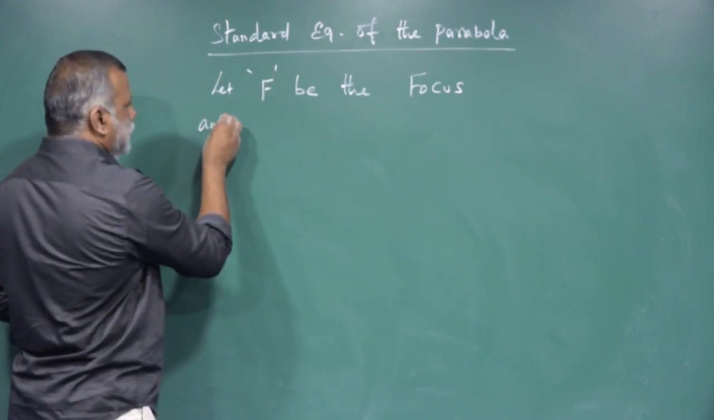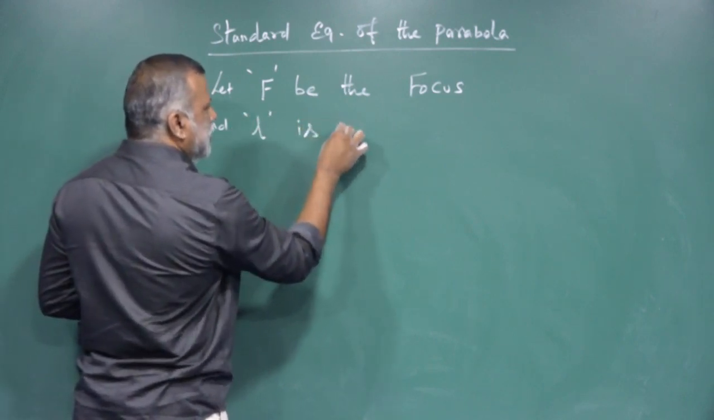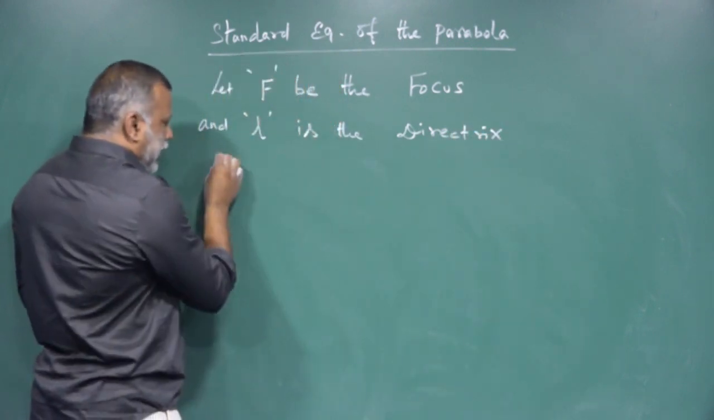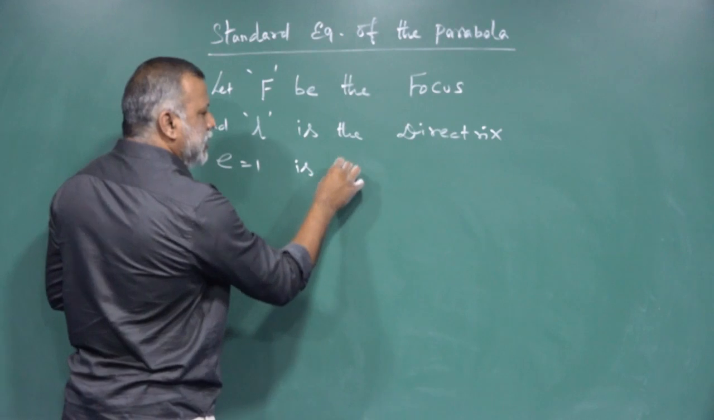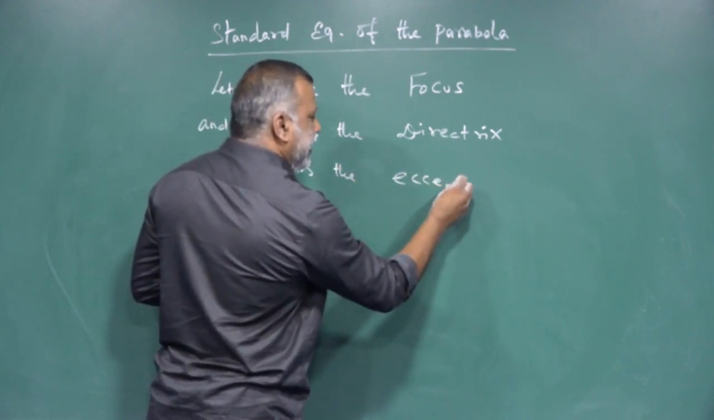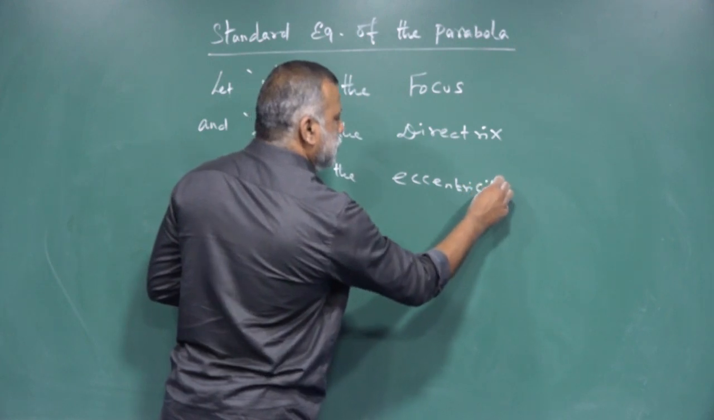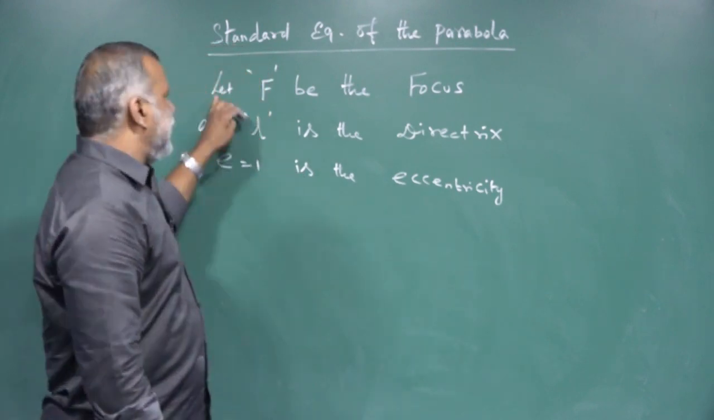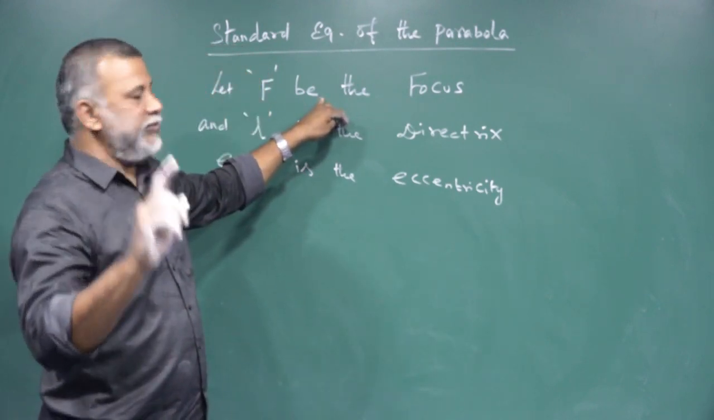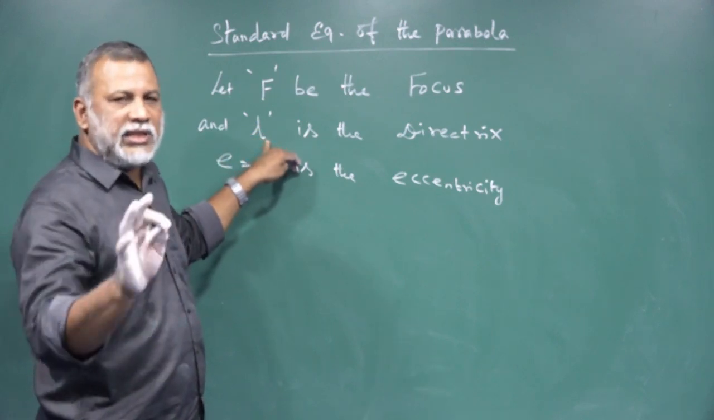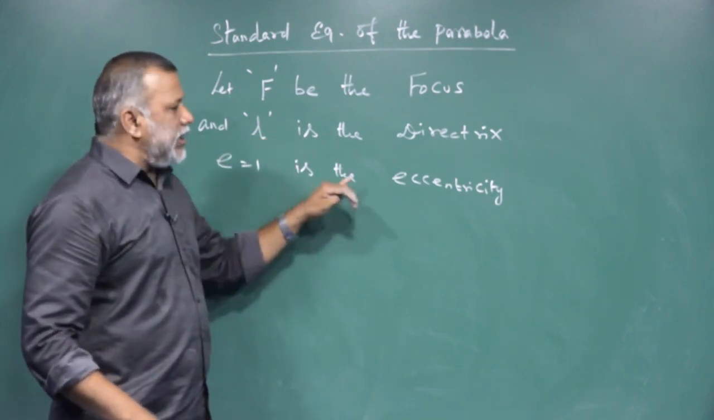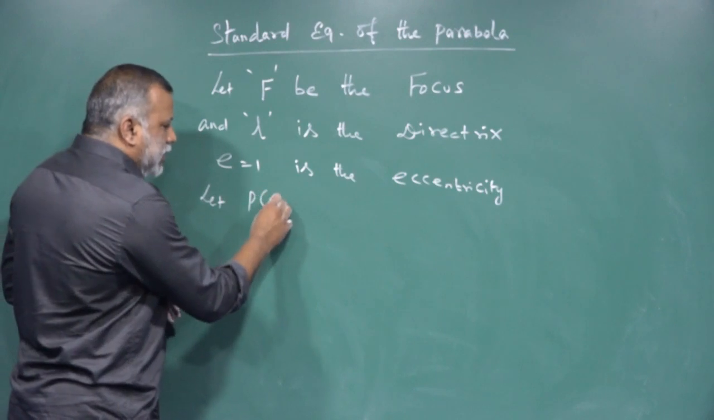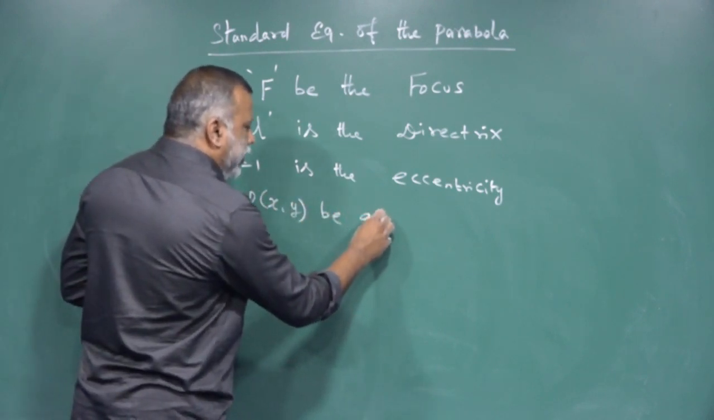And L is the directrix. We also need the directrix. E equal to 1 is the eccentricity. We need the eccentricity also. E must be 1 for the parabola. So let F be the focus. See the basic definition. We need F. And L is the directrix. L is nothing but the fixed line. We need it. E equal to 1 is the eccentricity. E is also wanted. Now let P of x comma y be any point